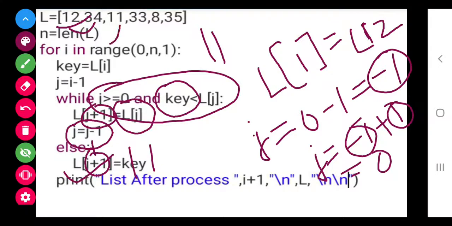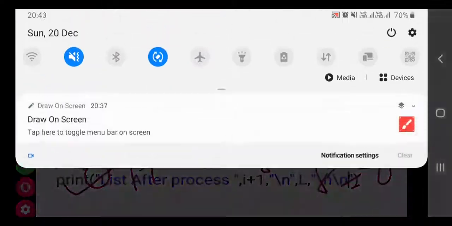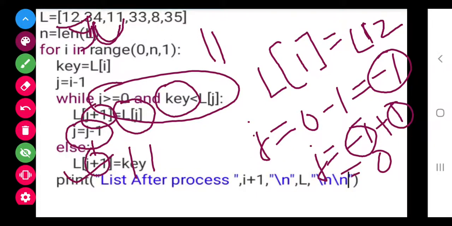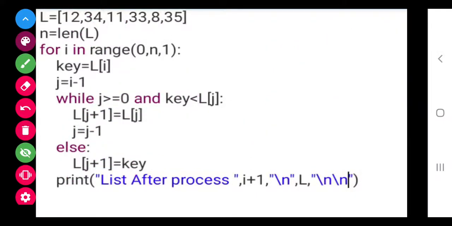Basically 11 was checked with 34 and it got replaced. Then 11 was in the position of 34. Now 11 was checked with 12 and it is again replaced. Similarly the process will go on.